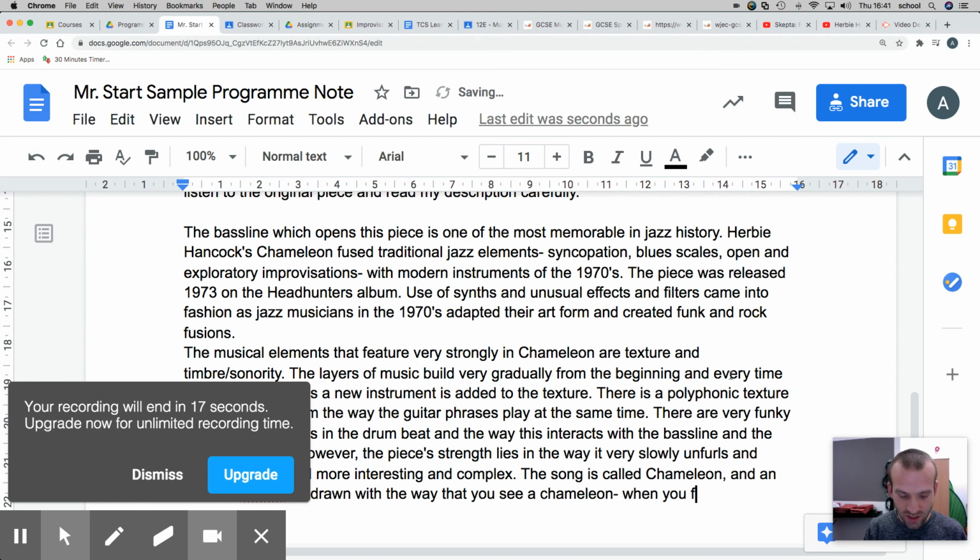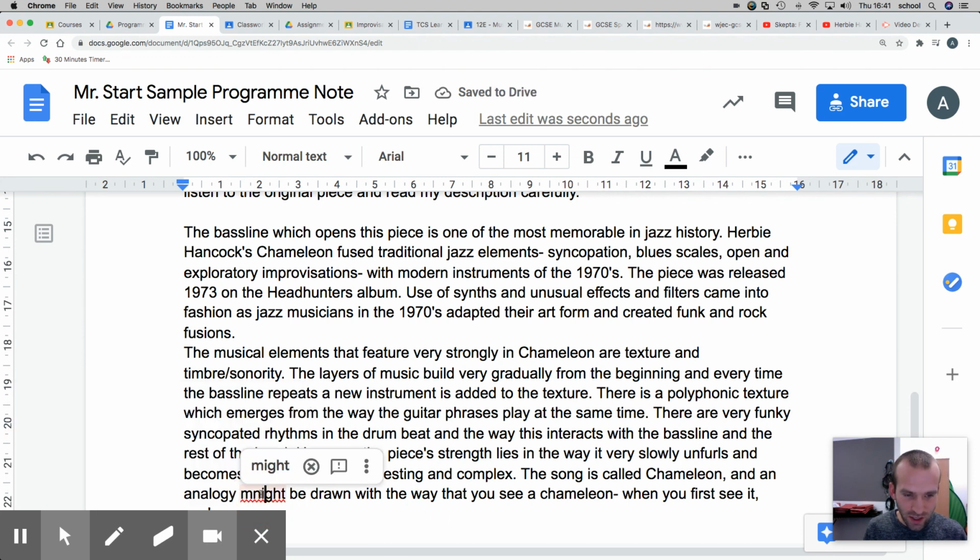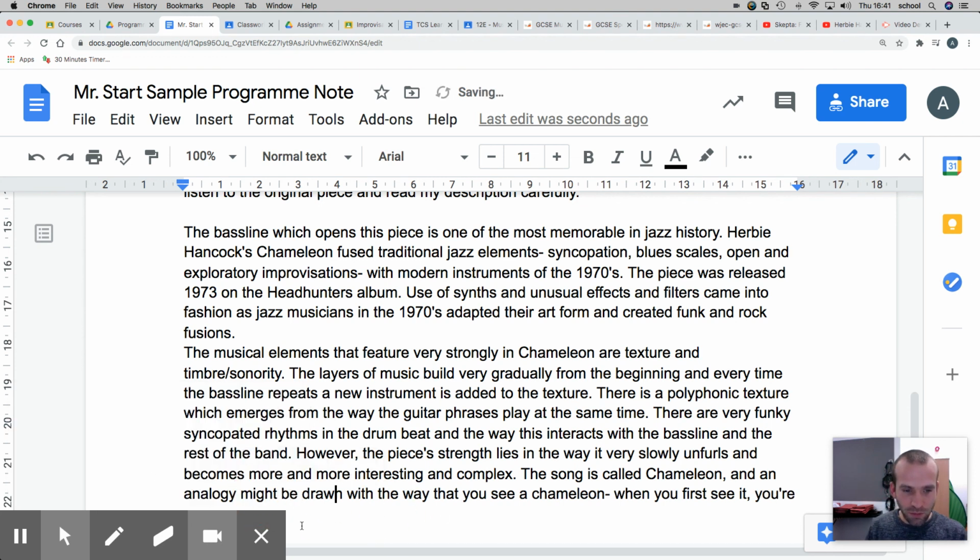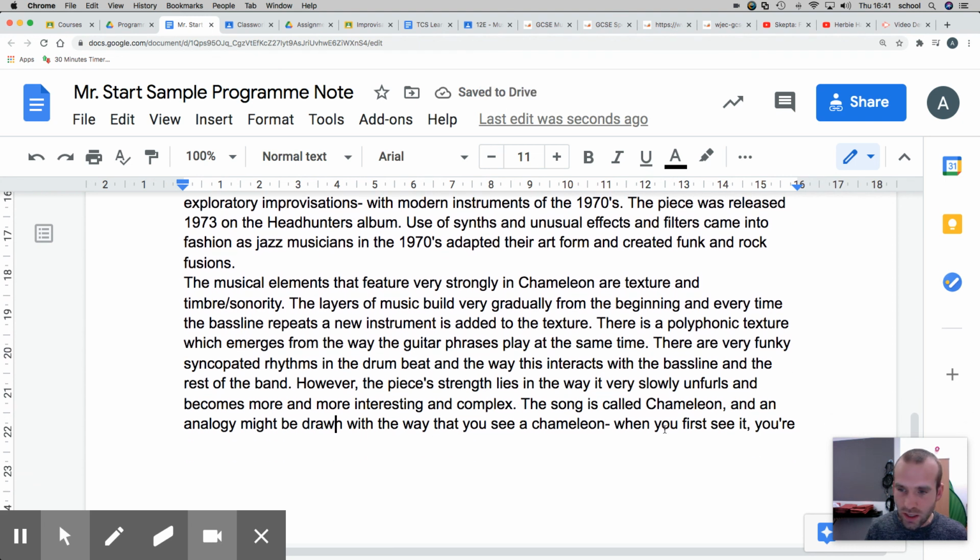When you first see it, you're not sure it's even there. I've seen a few chameleons when I've been on holiday in Cyprus, and it really truly is quite an unusual thing to see. And the more you look, the more you see, the more interesting